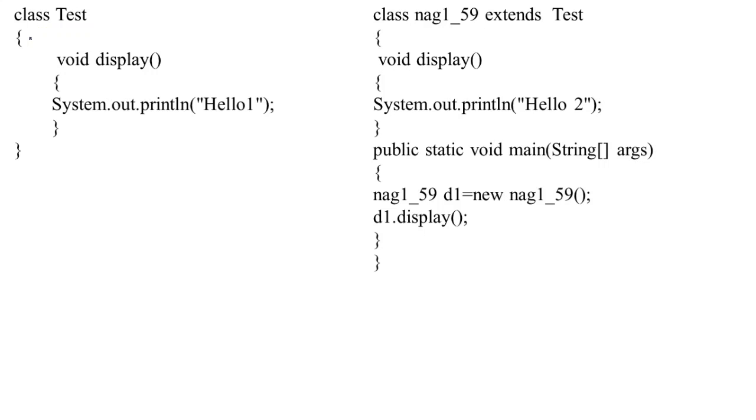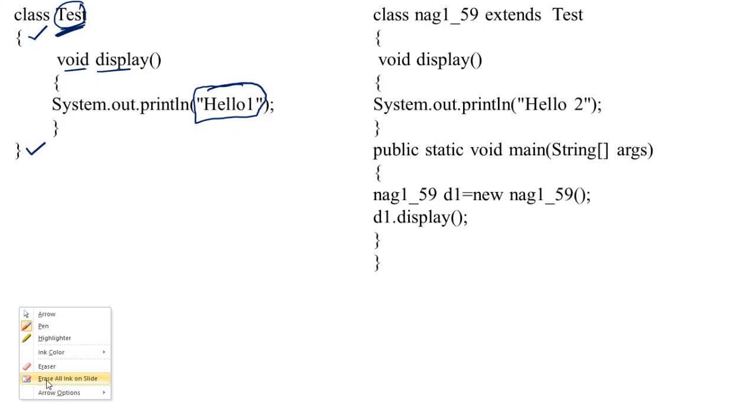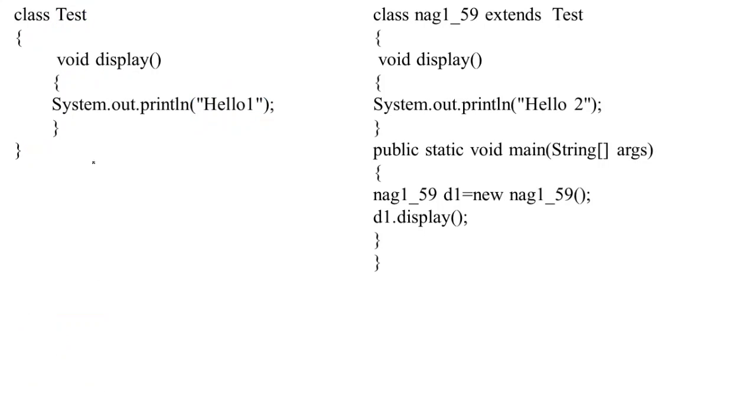Just observe this class. This is the beginning of the class. This is the ending of the class. This is class space class name Test. What is my class name? It is Test, in which I have a method void display. I am keeping a simple message in this class, that is hello one. This is the simplest class in the universe, isn't it? I defined a class in which I am keeping a simple method whose name is display, displaying a simple message hello one.